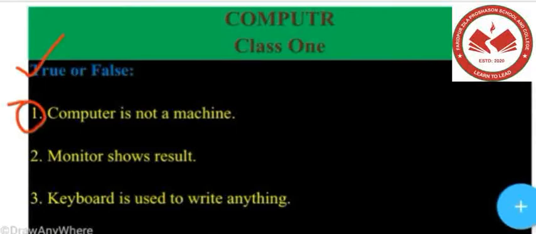Actually, this is not a true statement. It's a false statement. So we can write here F, because we know that computer is a machine and it is operated by human being. Question number 2,